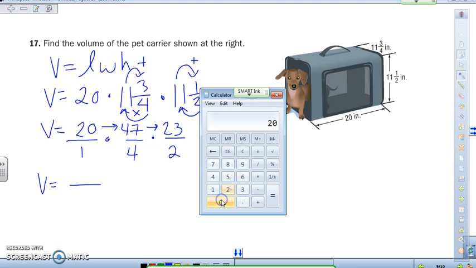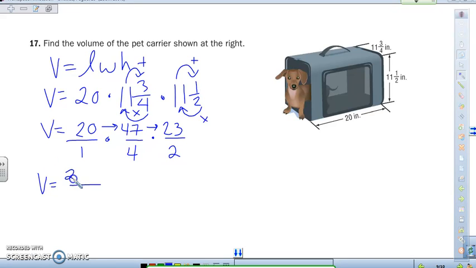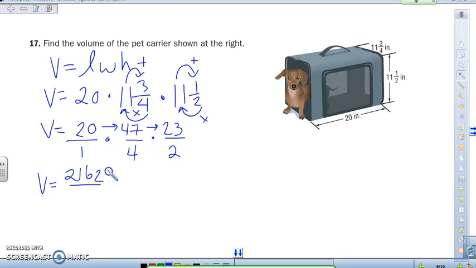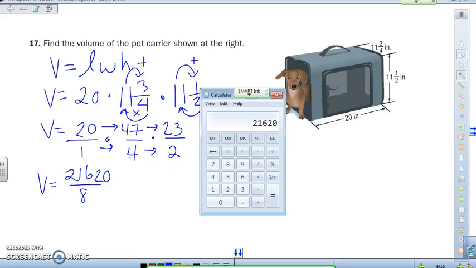So 20 times 47 times 23 gives me 21,620. Then I'm going to multiply across here. 1 times 4 is 4. 4 times 2 is 8. I'm going to take my 21,620, divide by 8, and I get